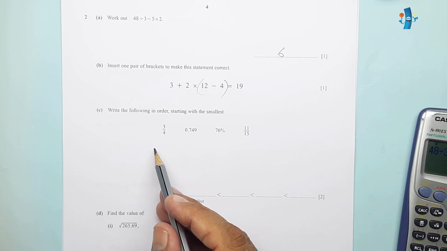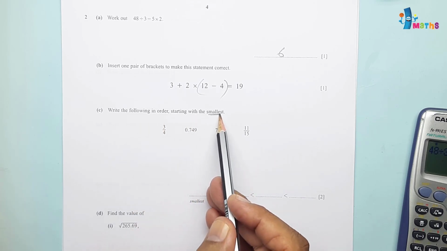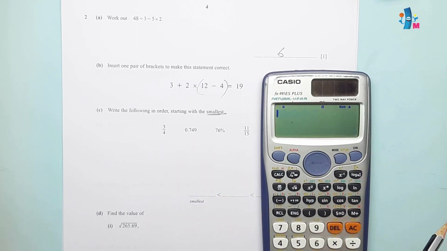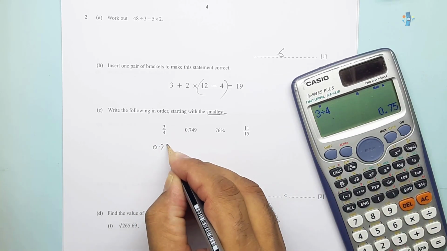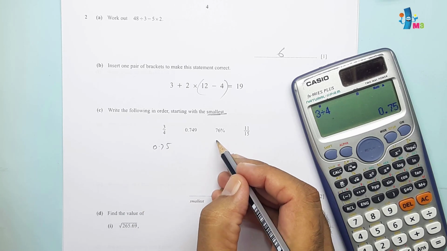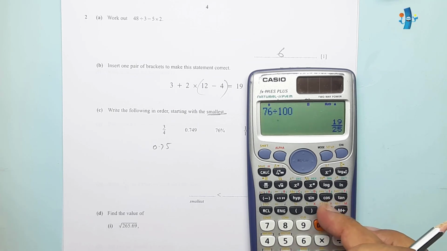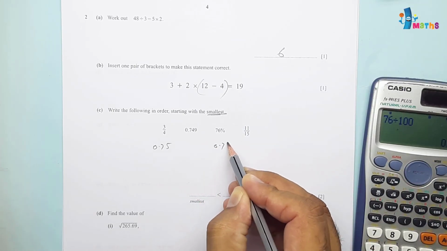Similarly, this is the question in which we have to order them starting from smallest. So we can convert them into decimal. So 3 divided by 4 is equal to 0.75. This is already decimal. This will be 76%. So 76 divided by 100 will be equal to 0.76,